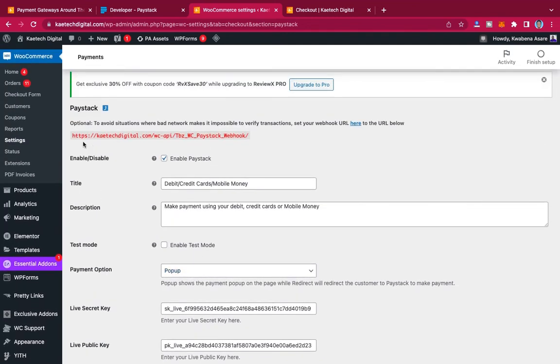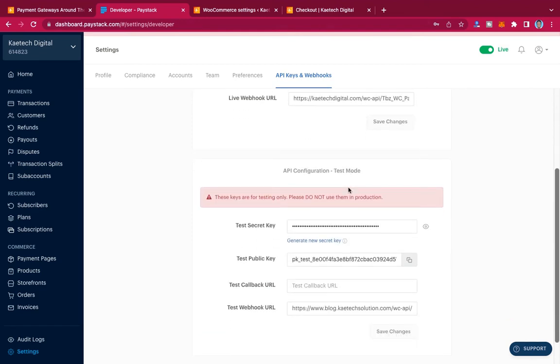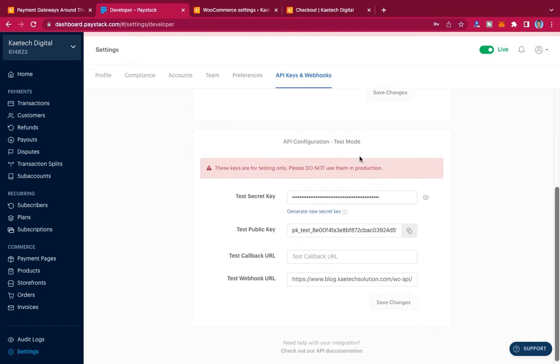Now we have this one which says webhook. Okay, this is the webhook. Make sure that you copy this webhook over here, and then come to Paystack and paste the live webhook also over here. Okay, and then click on save changes to save the changes. Now of course, if you are using the test mode, you can use this one over here